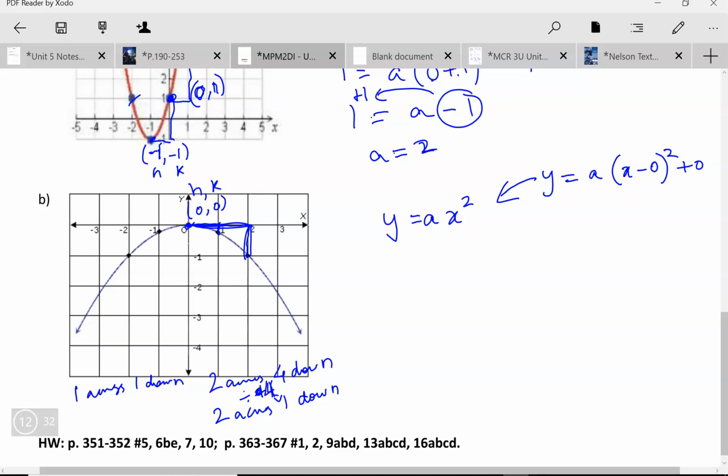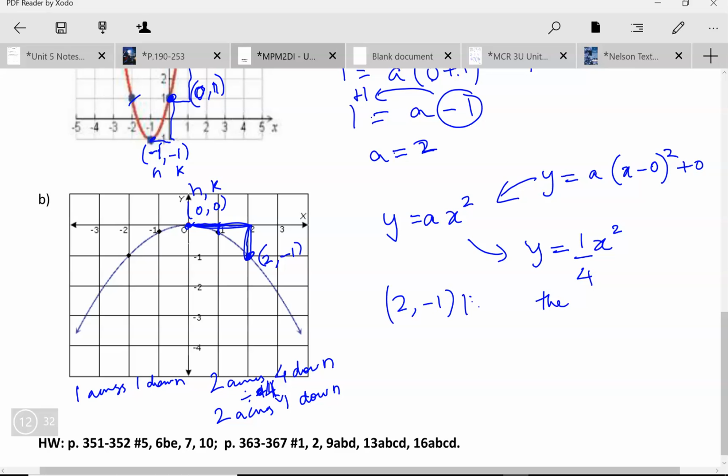Divided by 4. So hopefully we'll see that that's what we're doing. So my prediction here is that a is going to be equal to 1 over 4, because that's the dividing by 4 part, right? It's x squared divided by 4. This is my prediction. Of course, I am going to check that with some algebra. I'm going to take 2 comma negative 1 as my random point on the graph. I'm going to write, 2 comma negative 1 lies on the parabola, therefore it